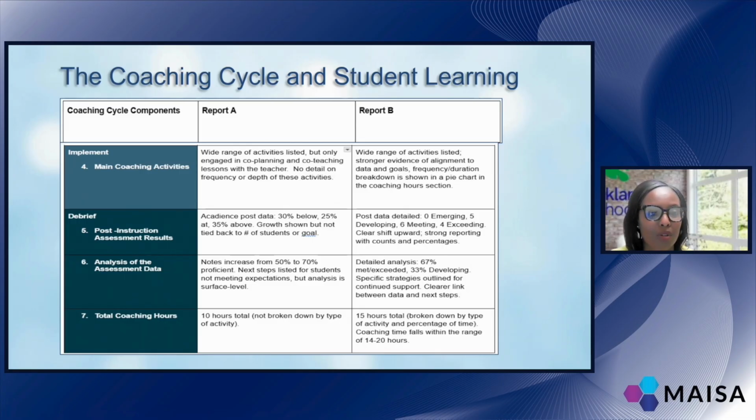So we want to make sure that those assessments are in alignment with the particular focus area that you're working on, right? And then for that implement section and the debrief section, when we're thinking about the core coaching activities